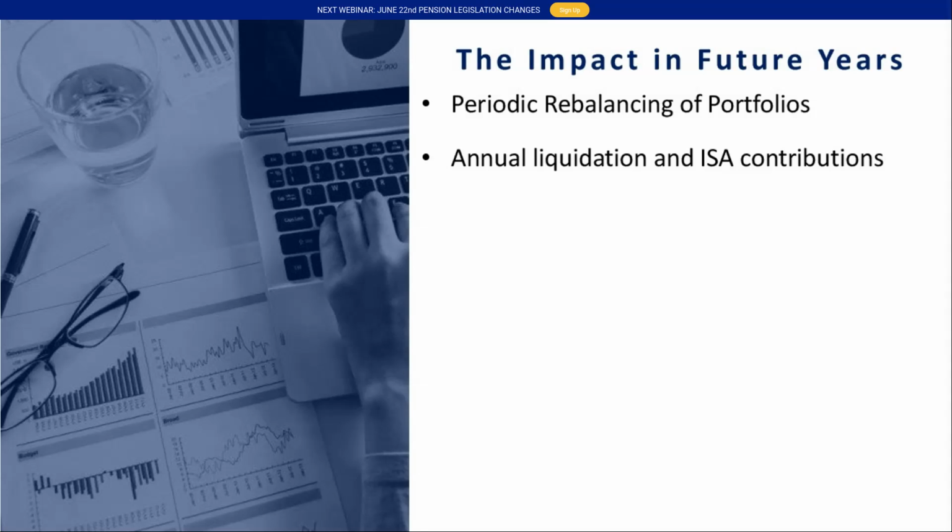It may be a very time-consuming and costly exercise, because more scrutiny will be on the rebalancing of your portfolio. But as you can see here, for a maximum tax saving of £600 from a £3,000 exemption, you need to decide whether that scrutiny when it comes to periodic rebalancing on your portfolios is worth it. For a higher rate taxpayer with a portfolio of £250,000, we just looked at validating that number. What that £600 saving would equate to is the equivalent of 24 basis points, or 0.24% reduction.